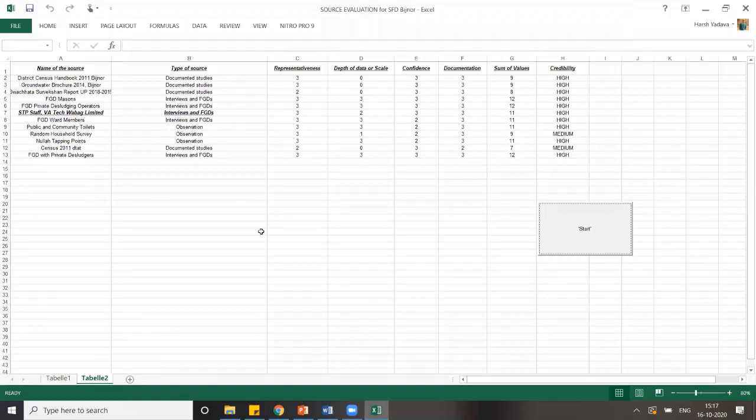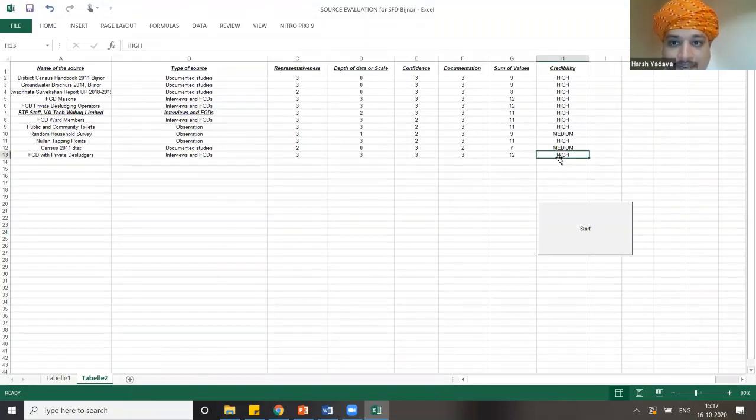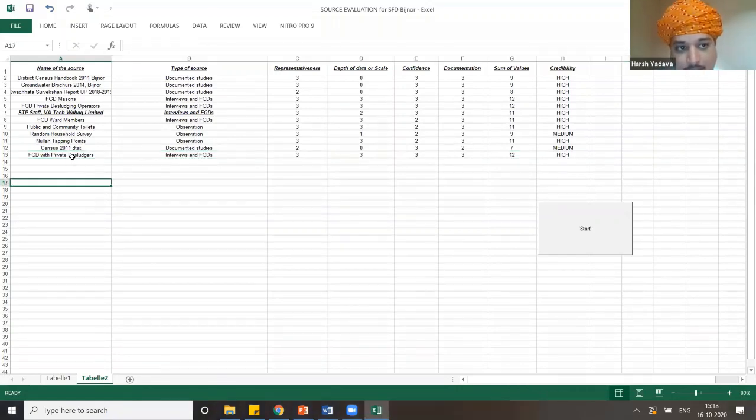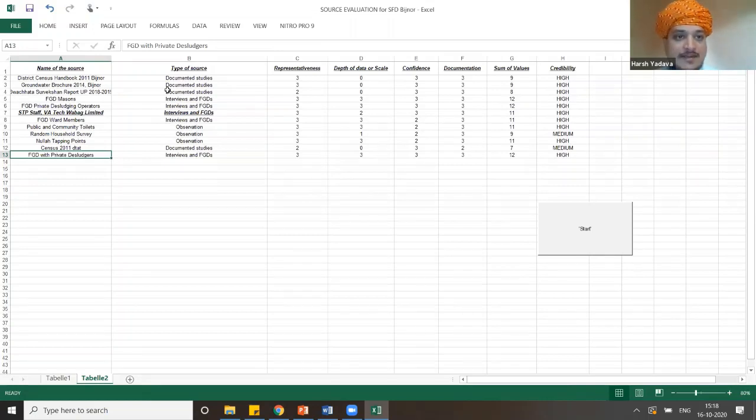I have a question, Harsh. So when I clicked OK, you can see that it is showing the credibility as high, and it is coming as it is. You can see that a new source has been updated on the Excel sheet. So this is how you will be filling the source evaluation for your respective cities.